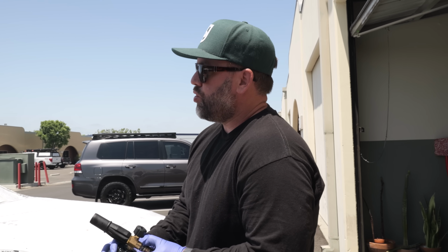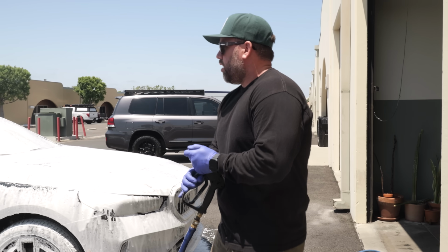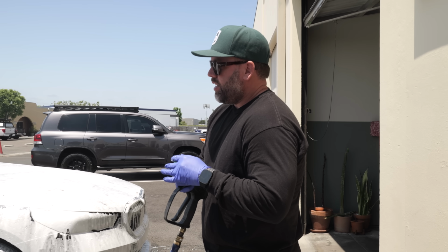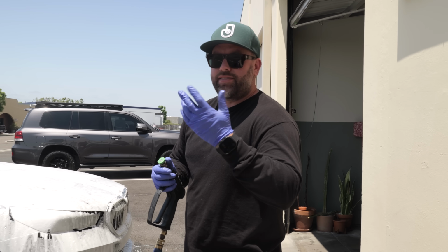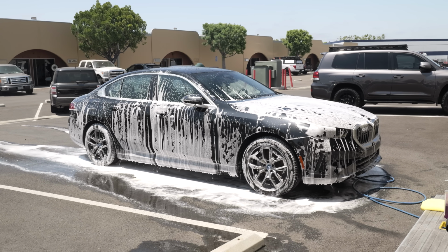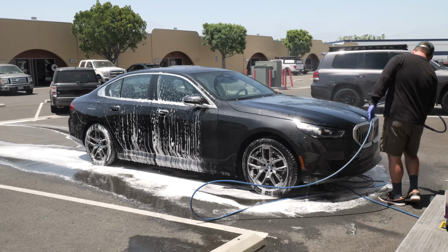Again, now the majority of the dirt has been completely broken down. So if you did want to go in for a contact wash, this would be a perfect time to do it. You don't need a bucket, 1 bucket, 2 bucket. You don't need any buckets. You could go in with just a microfiber towel, flip the sides, use a couple towels, do a complete contact wash. But I'm going to let this dwell a few more minutes, and then we'll rinse it off and see